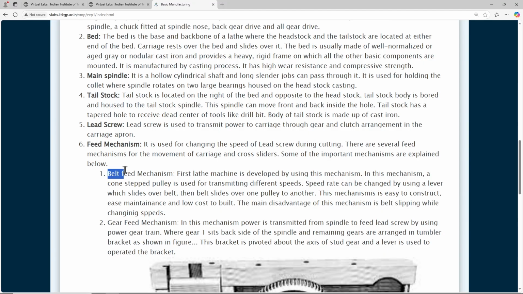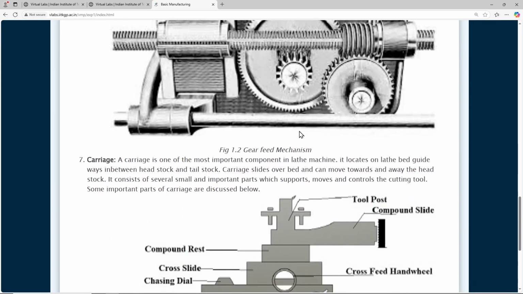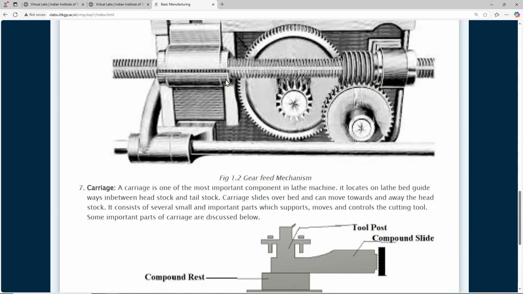You can understand this while going through our course, Basic Mechanical Engineering 1, where we have discussed the differentiation between belt drives and gear drives. Gear is a positive transmission, there is no slip at all. In belts, slips could happen. So, belt feed mechanism is here, gear feed mechanism is here. This is a simple gearbox or gear feed mechanism that is shown here. Carriage is very important; saddle, apron and tool post are components of the carriage.